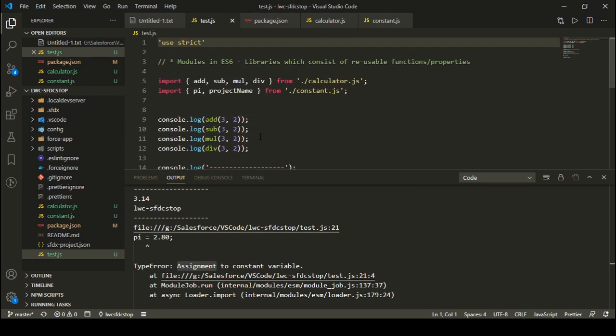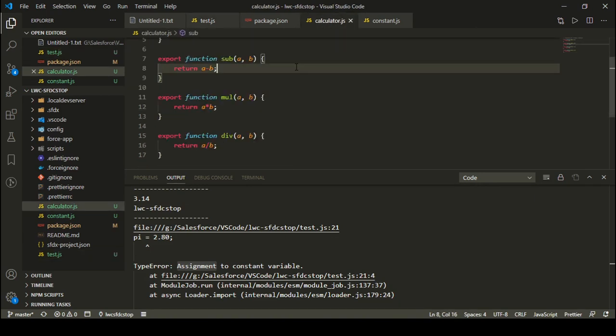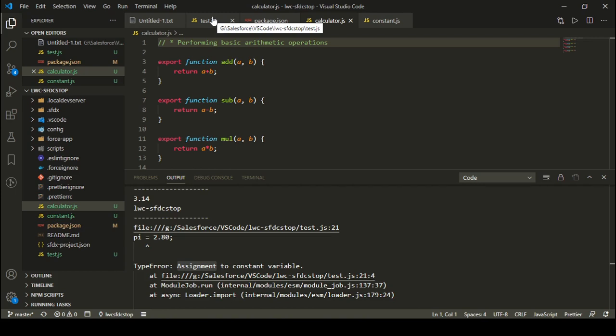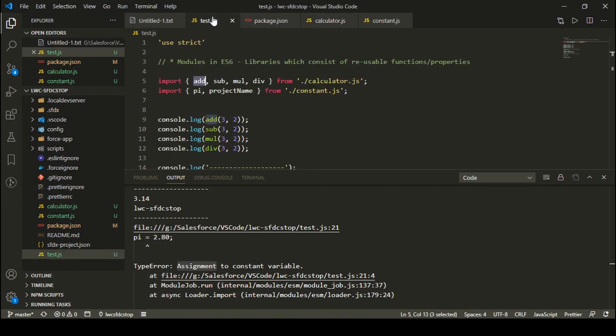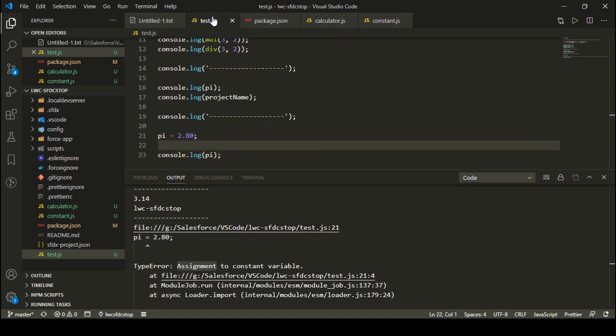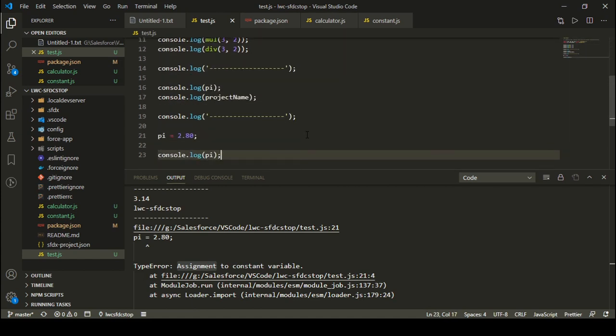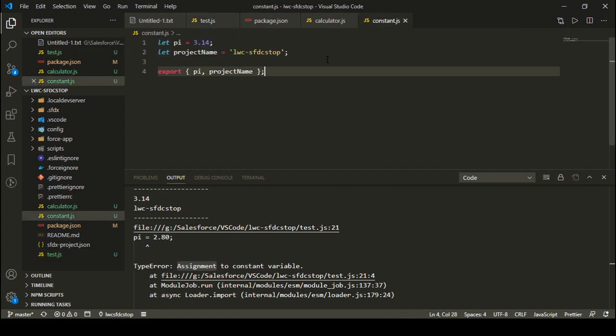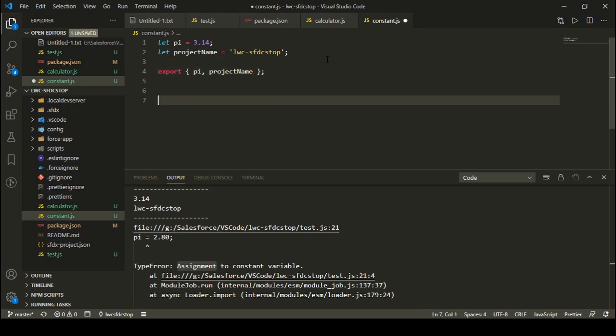And there is a particular reason for importing these as constants by default. Why? Because let's say you have defined library functions, and you don't want someone to update those library functions, right? Once you have defined library functions, they are there forever, and they should not be changed unless you are going into the library and changing them yourself, right? So these should be reusable, but these can't be updated. That's why they are imported as constants by default. Okay, so I think this is it. And the last thing that we need to learn about modules is that you can also have an export default statement.